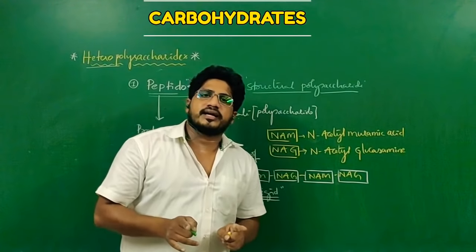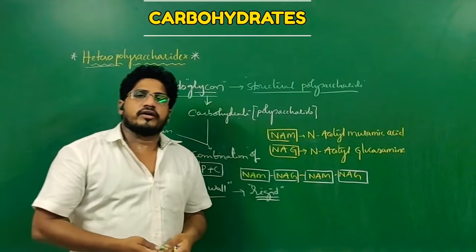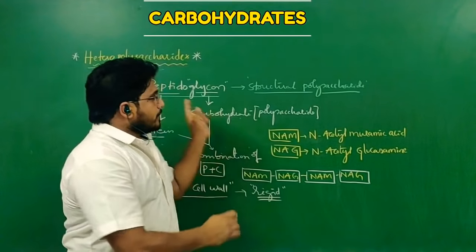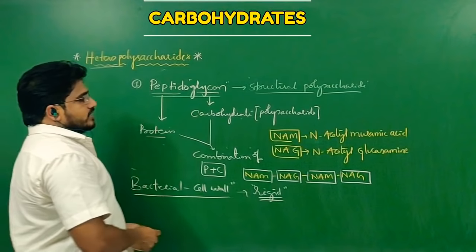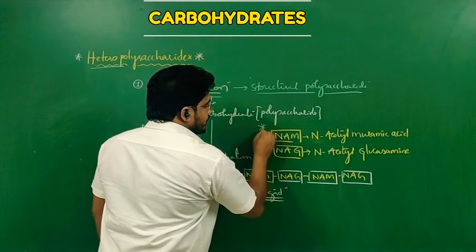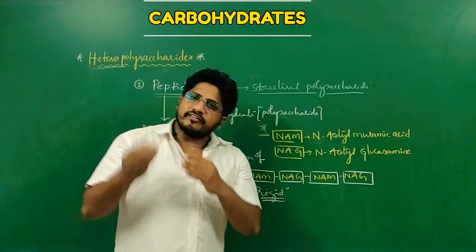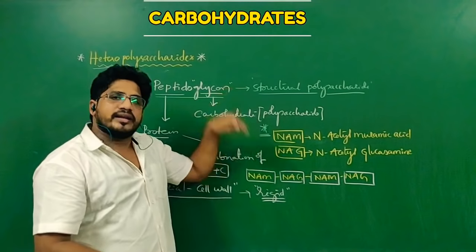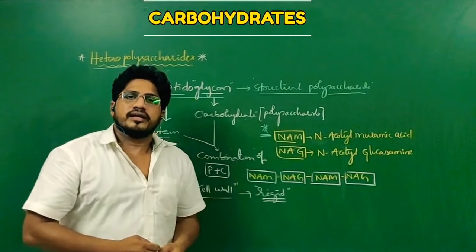Even though both are polysaccharides, both are helping in formation of structures in plants and animals or any other living organisms. Chitin is a structural homopolysaccharide and peptidoglycan is a structural heteropolysaccharide. That is a very important difference one should understand. When a question comes, no need to confuse. Whereas chitin has only NAM. Notice it. Chitin is a homopolysaccharide. It has the units of derivative of glucose molecules, only NAM units are present in the chitin, but here NAM and NAG are present, that is why it is a heteropolysaccharide. I hope you understand. Now the last one is mucopolysaccharide.